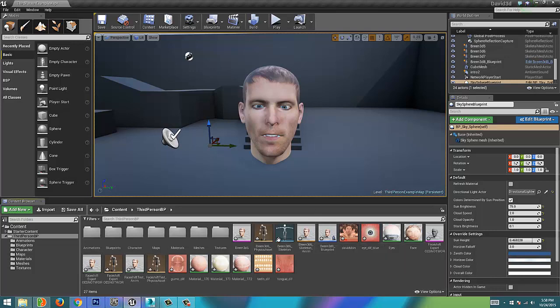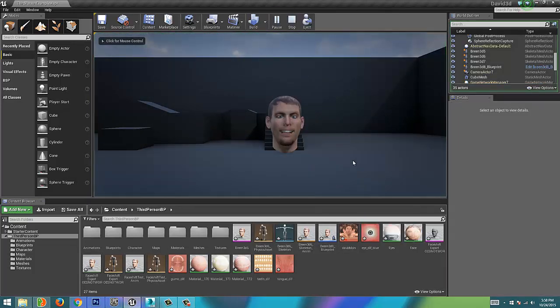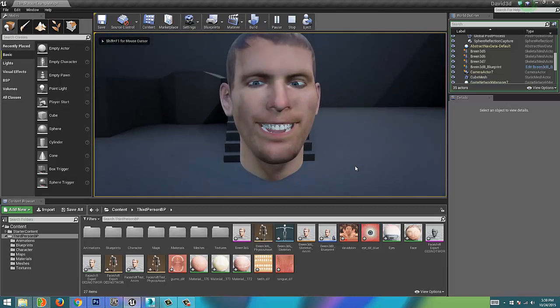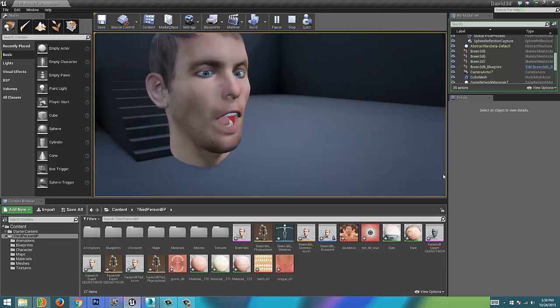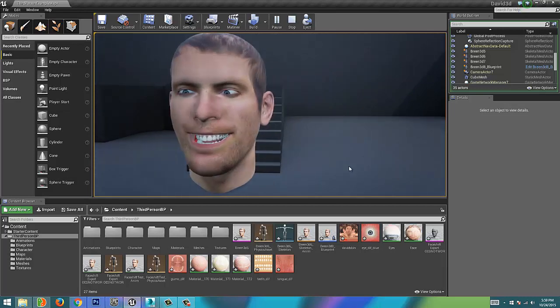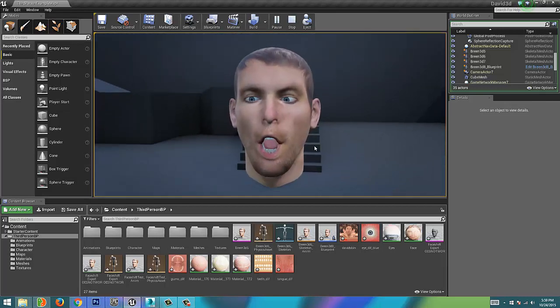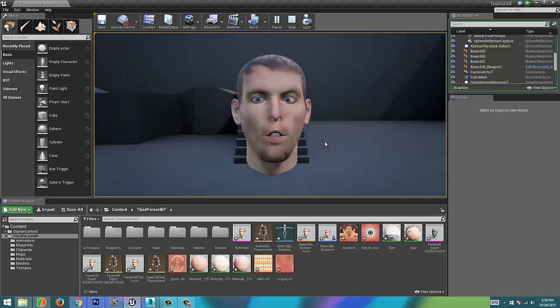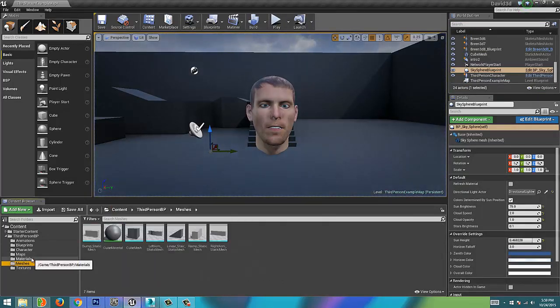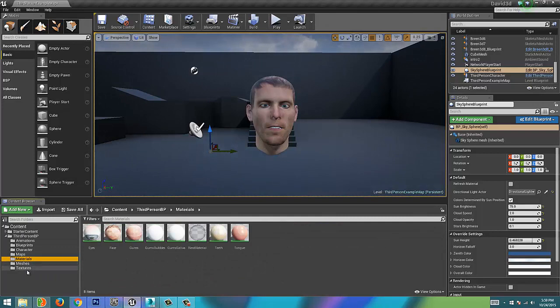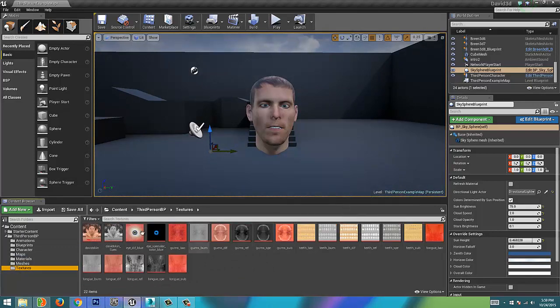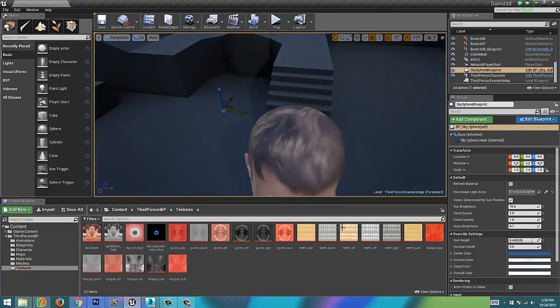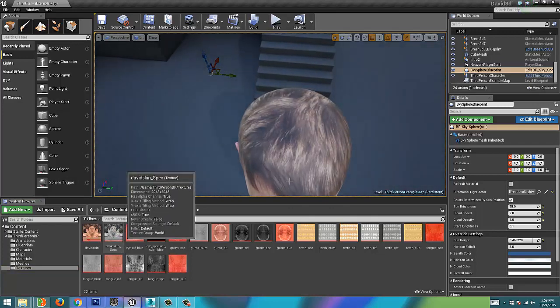Alright, so yeah. If you do everything the way I showed you in this tutorial, it will work. But the problem is you don't have many options when it comes to modifying stuff. And now you can see he looks really washed out, and the hair is really washed out and everything. And that's all about materials. I have all these materials, and that's like a whole other tutorial. Here's all the textures, for the mouth, for the head, and everything you need. The reason it's shiny on the top is because there's no specular